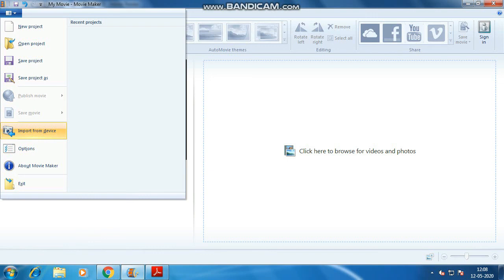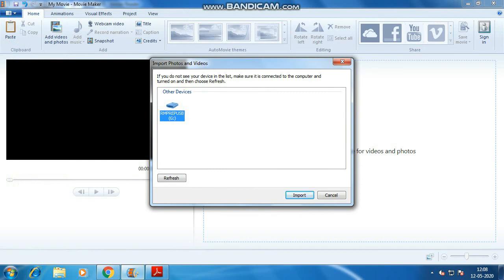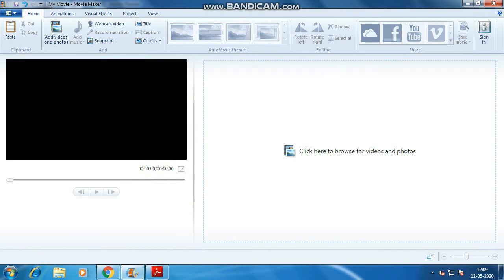Device here does not mean your internal memory or internal hard disk drives. It means if you have attached a pen drive, like this one of mine showing over here, it shows under other devices. It will come for your pen drives, your memory cards, and your phone also, if you select the transferring files option, as you know. If you have CD drives, they will also show here. So click on this, and whatever videos, audios or images are there will be automatically imported here.